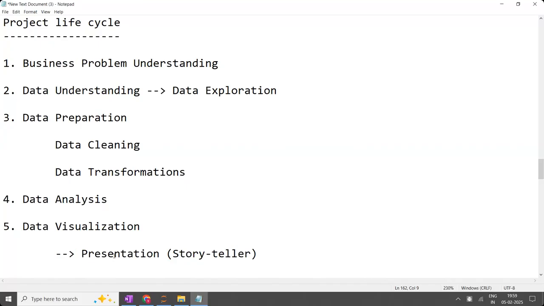Then can't we take the same project that we do in real life and do it in the class? No, because in the office, the project we do will take around 3 months. Daily 8 hours, 8 hours into 3 months. You can understand how many hours it will take to complete that project.